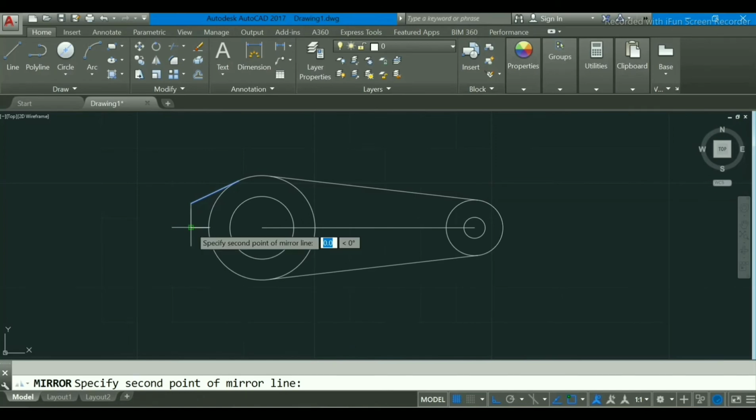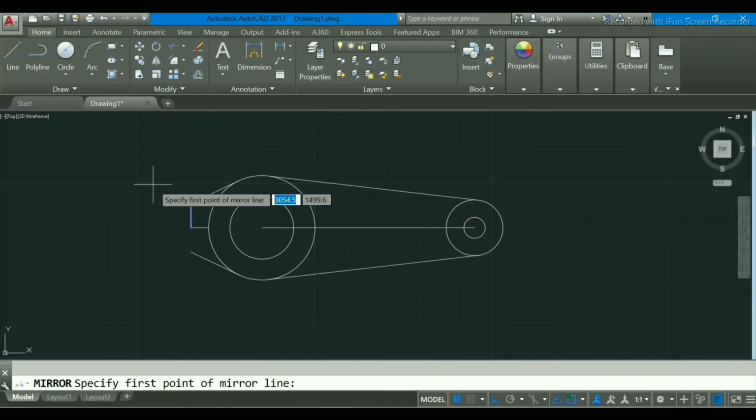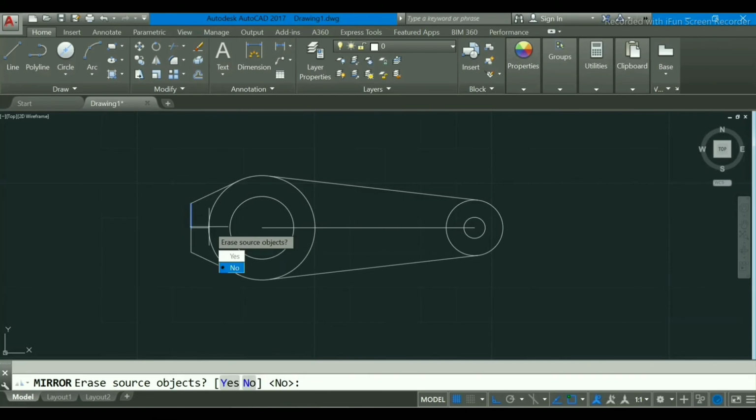Press left click and then the second point will be about this. Now again we have to make it here. So again press MI, enter. Select this line and right click on it. Select this point up to this, and erase source will be no.